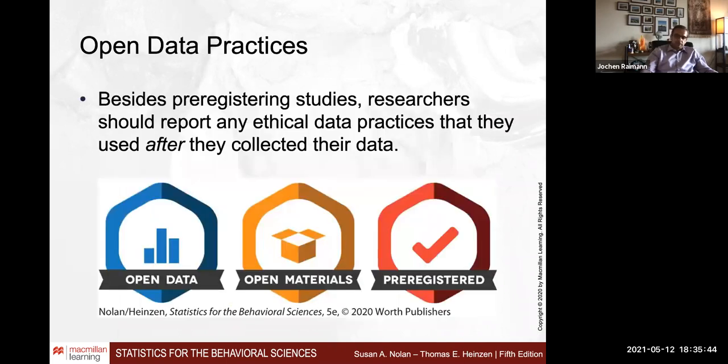Lastly, there are the open data practices. This becomes more and more often seen nowadays. Some of the journals do have policies on open data. That means if you are submitting an article, you are being asked to also submit the data, at least a minimal part of the data that is the core part of the analysis of your journal article and of your inferential statistics. And this would be in a de-identified fashion, of course, to maintain participants' privacy, and would allow other researchers to reproduce